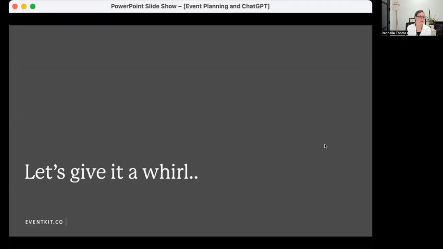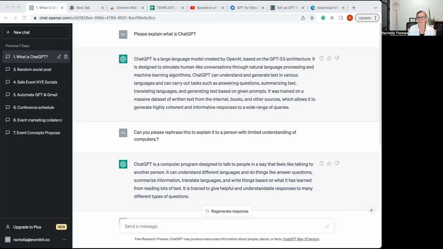But what we're all really here to see is how it actually works step by step. So I'm going to jump into some live applications and integration of it. What I'm going to do is step you through the various ways that I am working with ChatGPT. Now, I've already covered that ChatGPT is sitting in